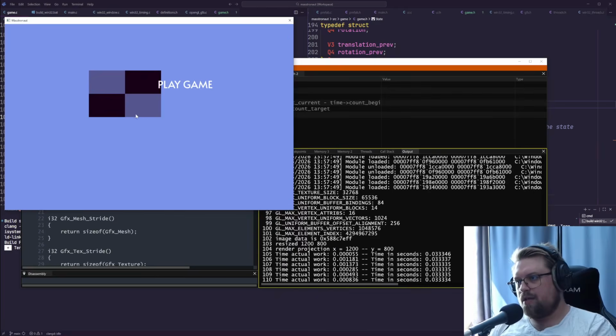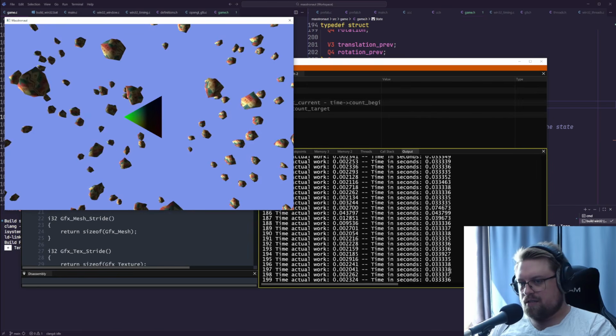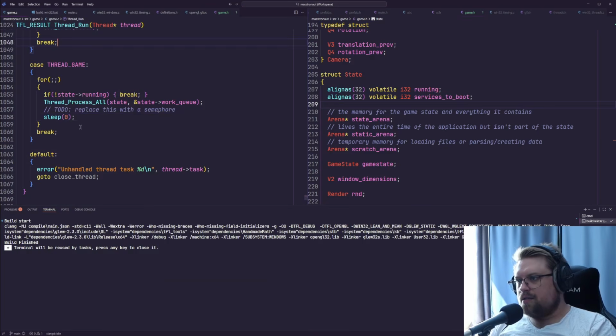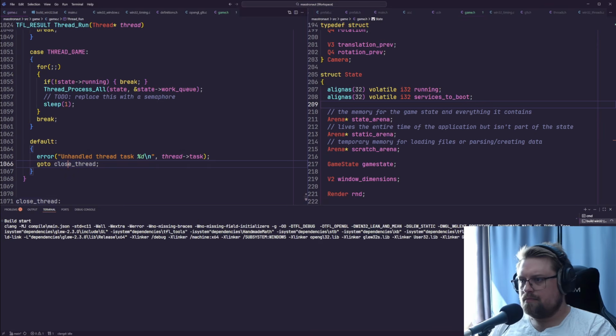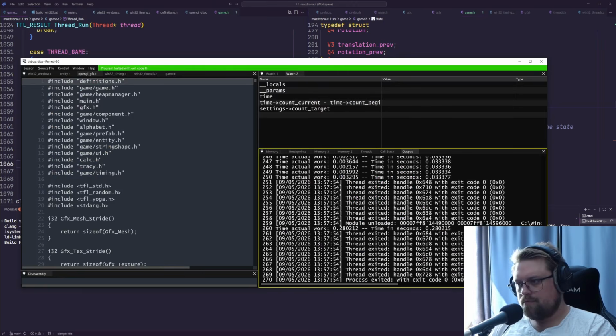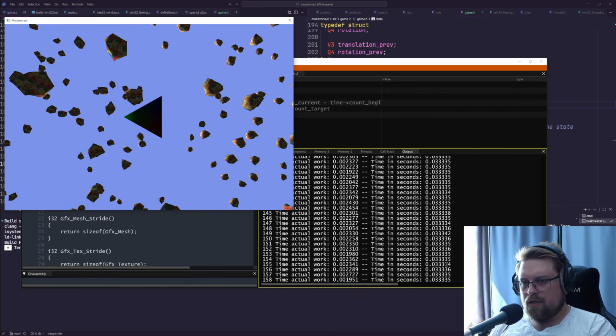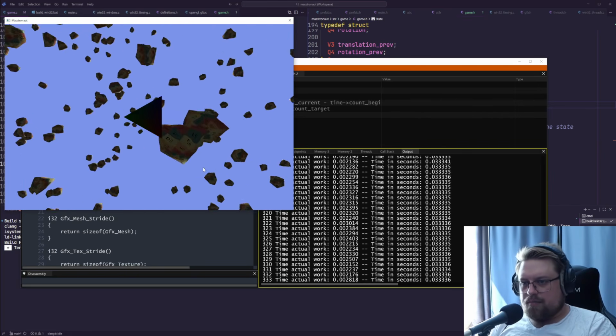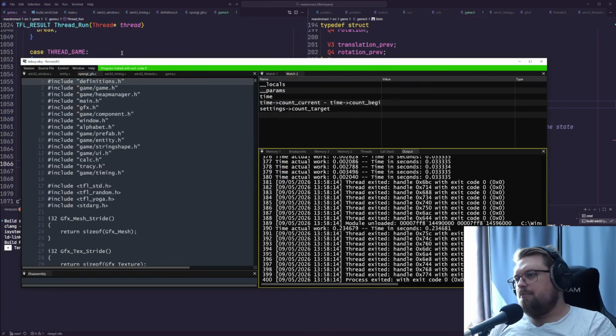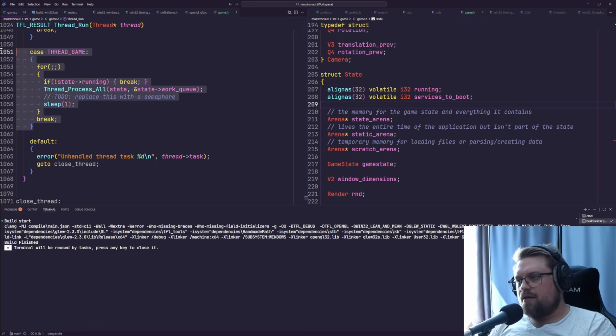is by adding a sleep in the threads. And now you can see it's way more consistent. Now it's not perfect. It's maybe better if we do sleep 1. Yeah, now it's very consistent. It might still be like some lag spike sometimes. But essentially what this is telling me is that my threads are fighting for the jobs, and possibly Windows is also punishing me for the fact that I'm just hogging these threads and using them very